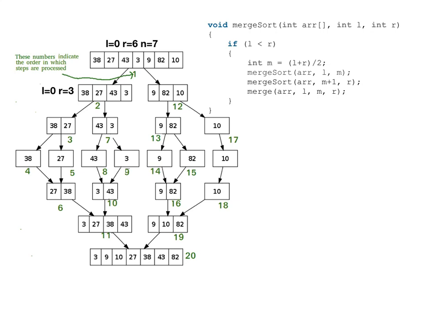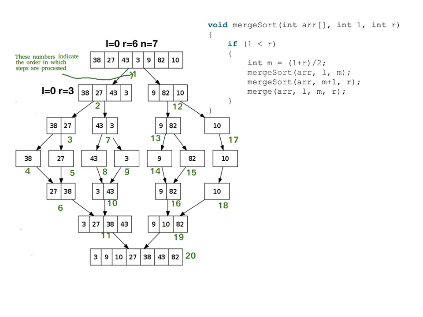Divide it, left array, right array, keep on splitting recursively. Remember, merge sort is recursively called until left becomes greater than r, right? So in that case, then you merge them in a sorted way, right? So this keeps on looping until your array becomes sorted. So this is the idea behind the algorithm.